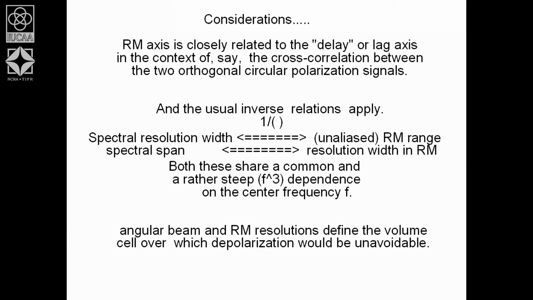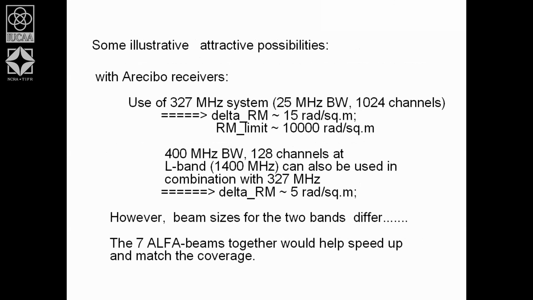Now, while I was thinking about this independently, people have actually done this, and it is now known as RM synthesis. So if you come across the term RM synthesis, you can easily relate to what I've described. These are just the sample numbers. For example, if you were to use the Arecibo telescope, which is unfortunately not there now, at 1 meter wavelength, you will find that you can map things over a span of 10,000 radians per square meter in the rotation measure,